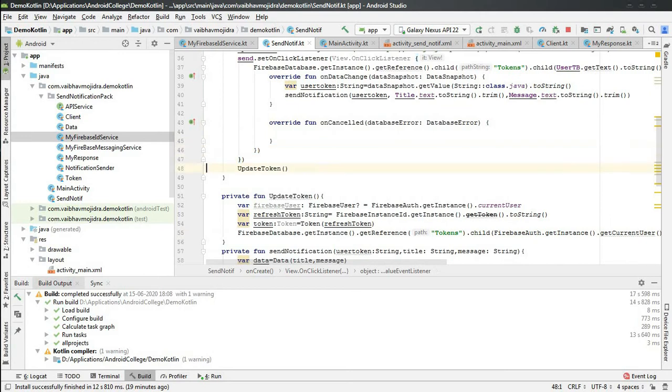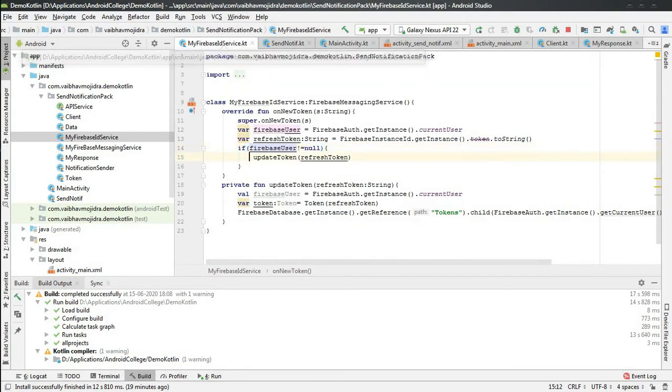For that we are using this service. This service will periodically check whether the token is received and it will update. But in this condition we are already logged in, because the send notification activity loads only when the user is logged in.